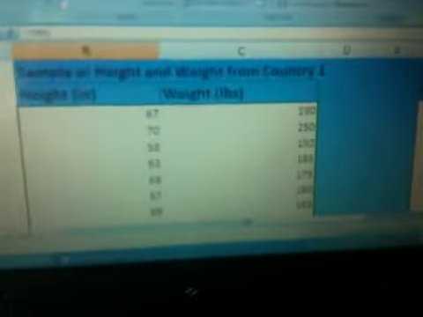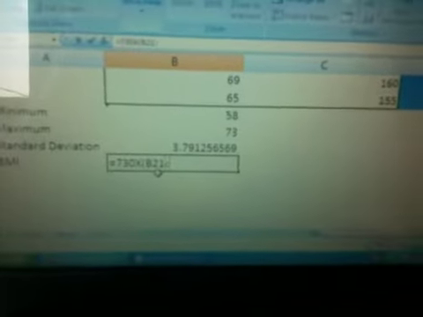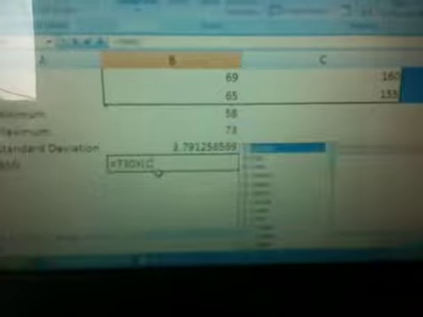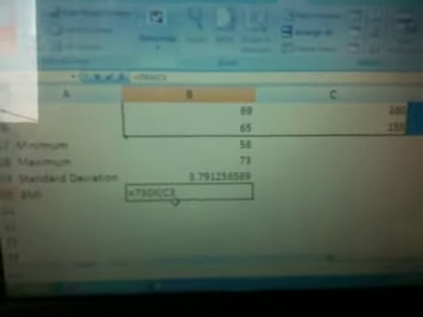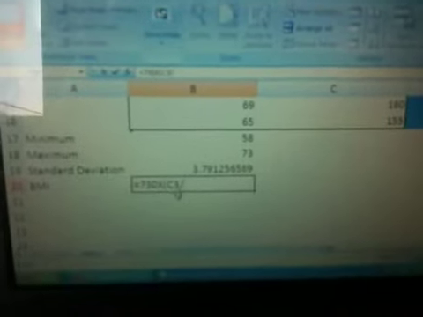So scrolling back down, now it has parentheses. I'm going to manually put in parentheses, C3,